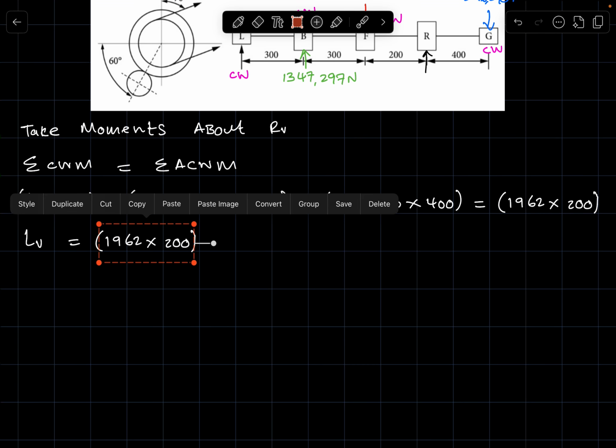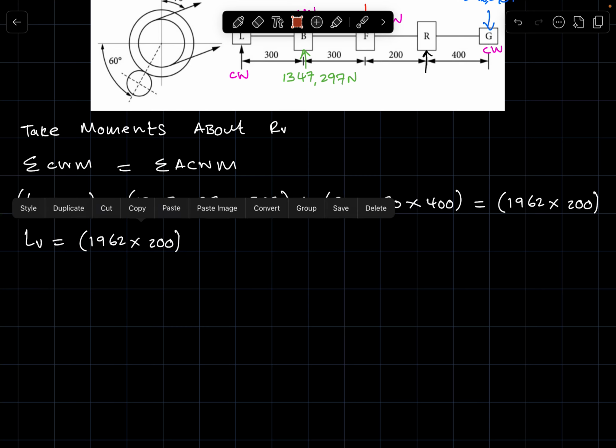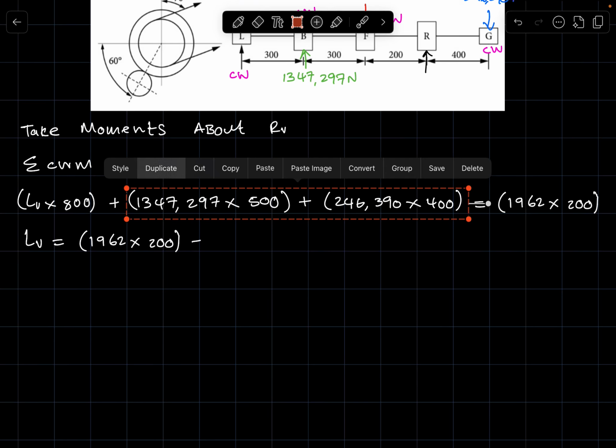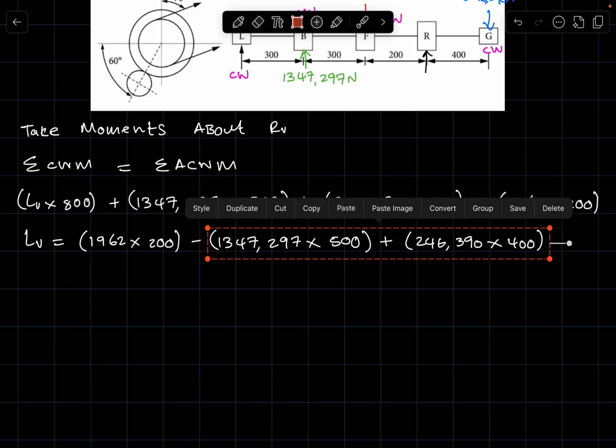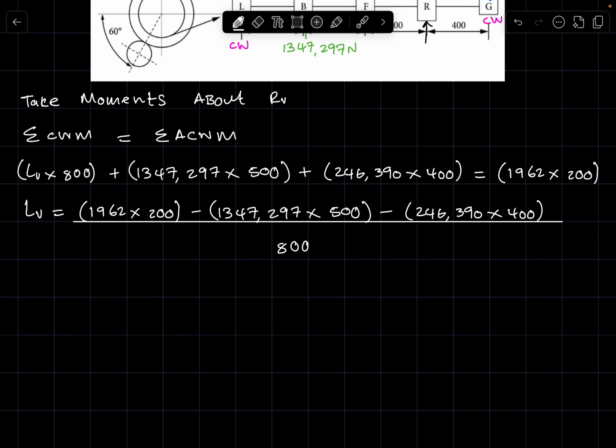this minus both of these terms. And then, of course, all of this divided by 800, which is this 800. Now, if you punch this in your calculators,